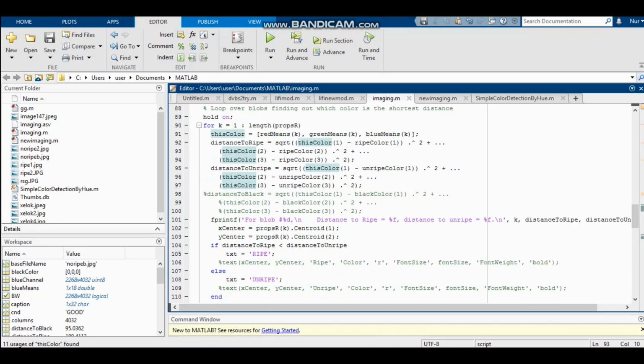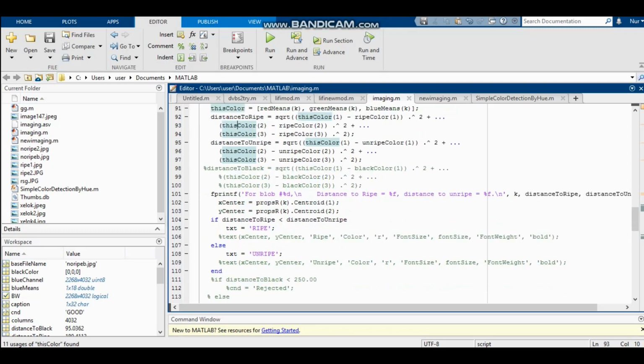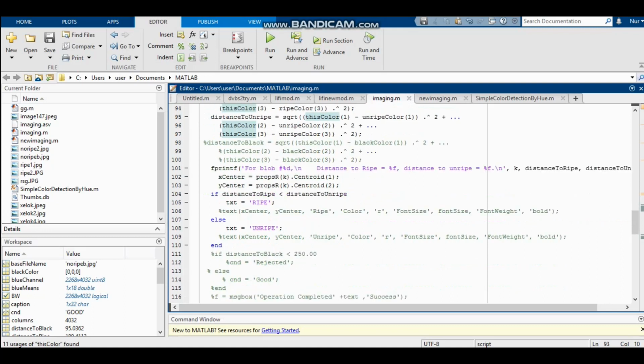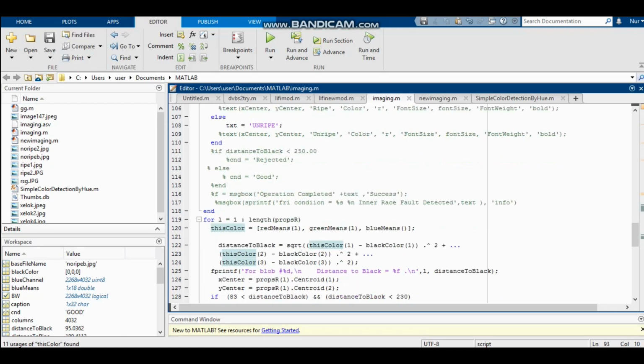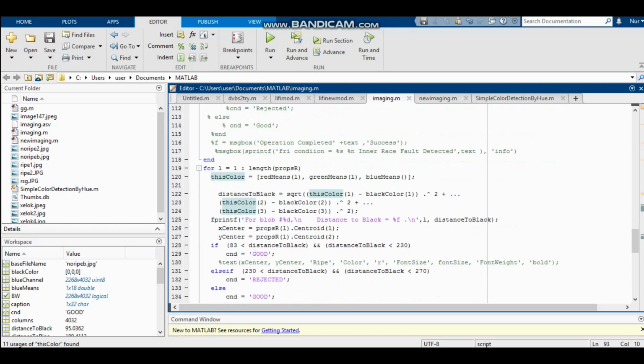So then we will conclude: if the distance to ripe is less than the distance to unripe, the TXT value will be ripe. Else, if the distance to ripe is larger than the distance to unripe, then the TXT value will be unripe. Following for the rejected and good condition, we will use the same way as we used to define ripe and unripe. However, in this part, the distance to black is set to either